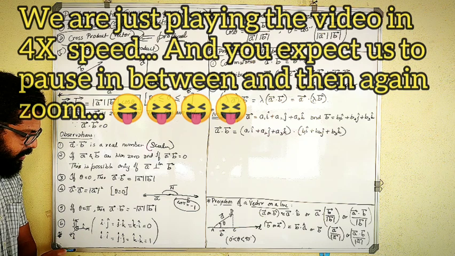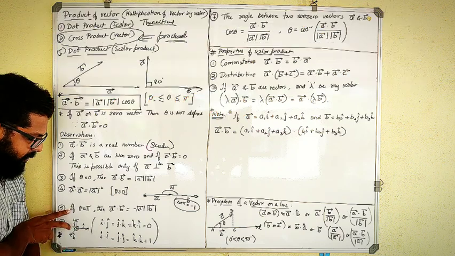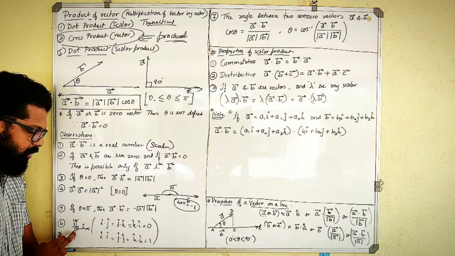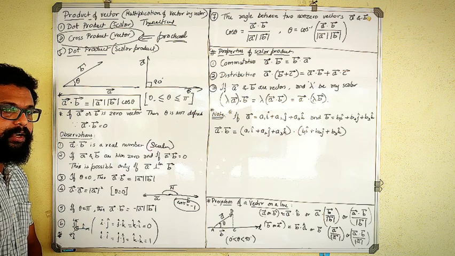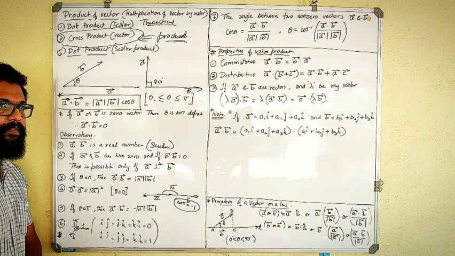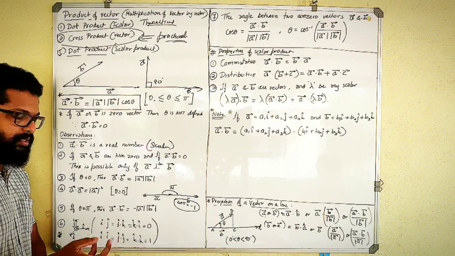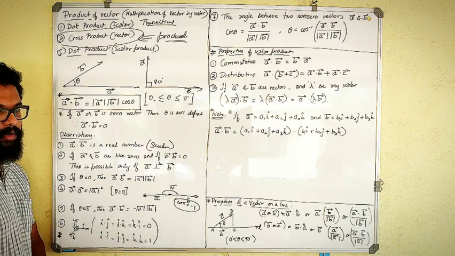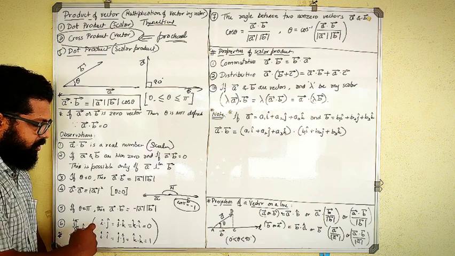So here you can see that along the x axis the unit vector is i cap, along the y axis the unit vector is j cap, along the z axis the unit vector is k cap. These three axes are mutually perpendicular to each other, which means the angle between these three vectors is 90 degrees. Yes, all three vectors are mutually perpendicular to each other, which means i dot j,